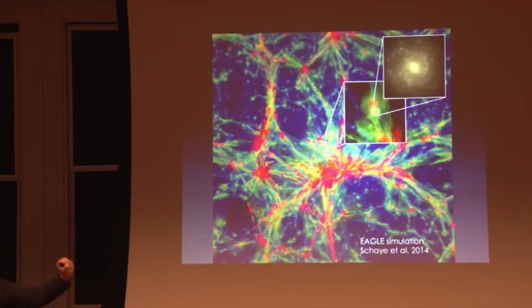So here, instead of kicking particles, they're putting in thermal energy. But as many of you may know, if you just put in the thermal energy from stars, it cools away and doesn't do anything. Right? So this has been a problem for years and years. So their way of getting around this is to say, okay, I'm going to allow each particle to build up thermal energy until I heat to a certain critical temperature, which is pretty hot, of order 10 to the 7 Kelvin or so. And only then am I going to heat my particle. But then I'm going to heat it up a lot. And that seems to be quite effective at driving a wind that gets gas out of the galaxy, which is what you need to do.